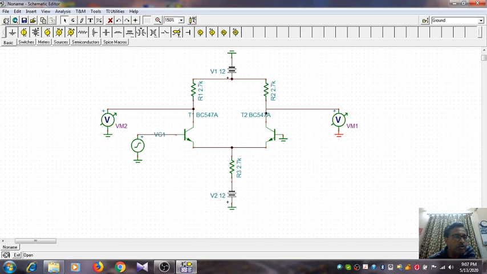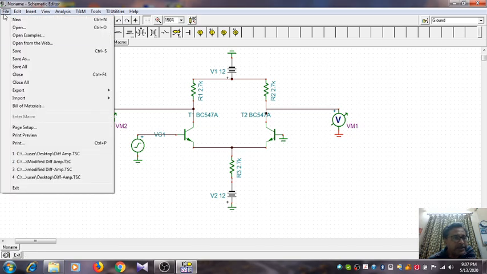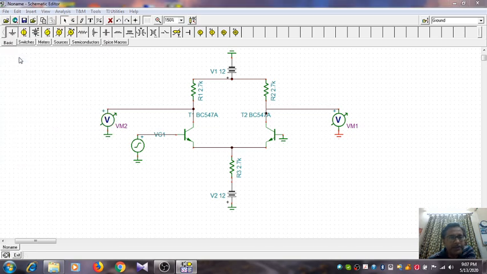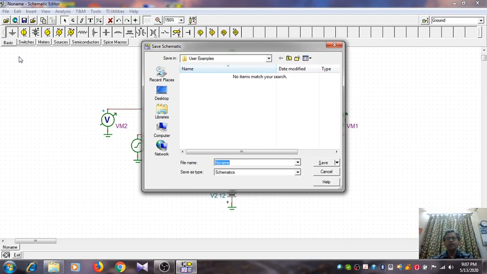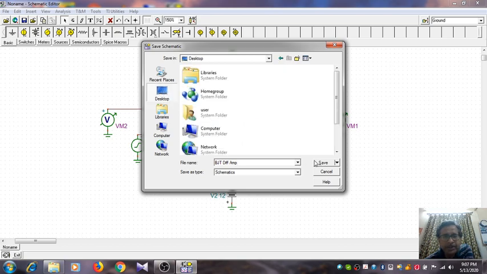So what we can do, go to the file, then save as, you give a name. As we know, this is the BJT based differential amplifier. So we can give a name. No name is just given, sorry, the default name. So let us go BJT, then DFAM. Okay, and let us save it in a convenient directory. You can save it in your own directory. So I choose to keep it on the desktop. So just save it on the desktop.